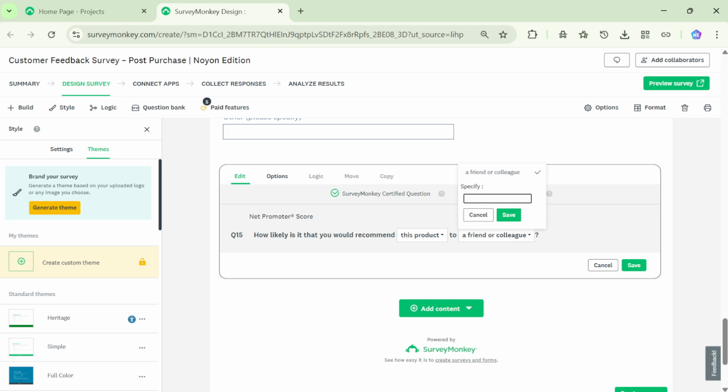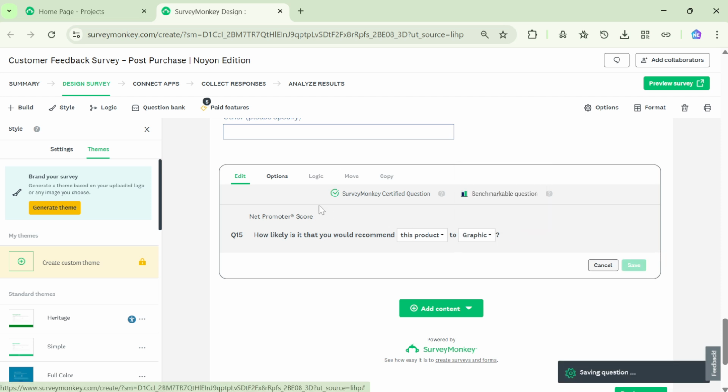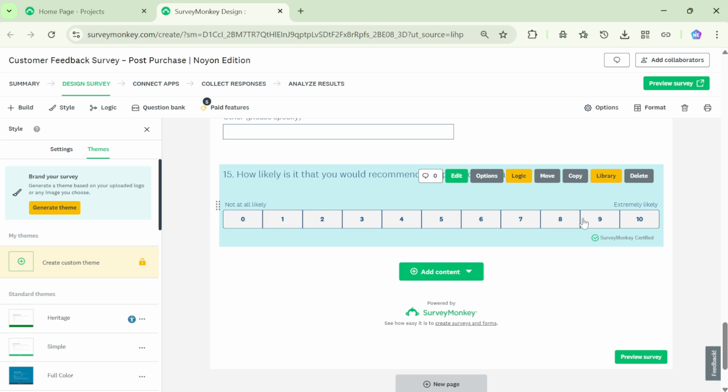To complete the setup, decide if you want to make the question required. Just check the box if you do, but keep in mind that mandatory questions might reduce survey completion rates. And that's it. Hit Save to lock in your changes. You've just added a powerful NPS question to your survey, ready to gather insights on customer loyalty and